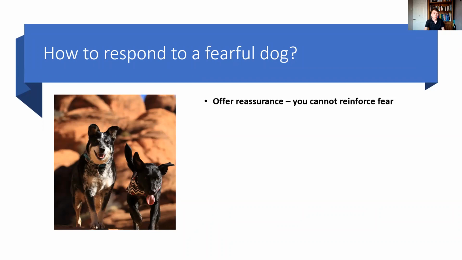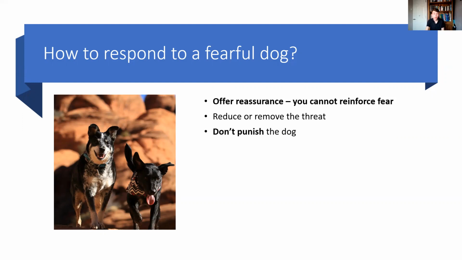So strokes, just speaking to them, maybe giving them some food potentially. The other key thing is to reduce or remove the threat. Whether that's getting the dog out of the situation, or getting the person or the threat, whatever it is, out of the situation. So maybe it's a case of asking someone to step back because they're scaring your dog, or maybe saying, we're going to take the dog home because they're not coping too well with this. This is causing them to experience some fear.